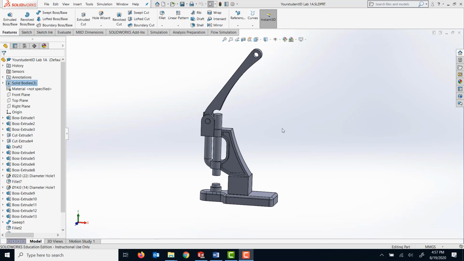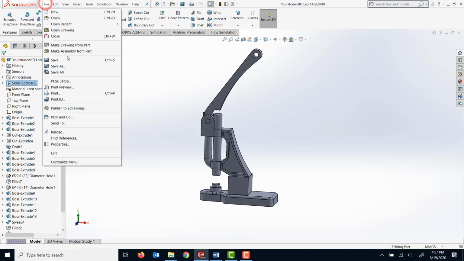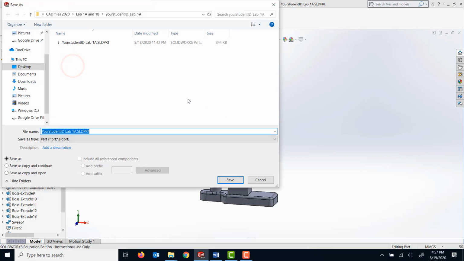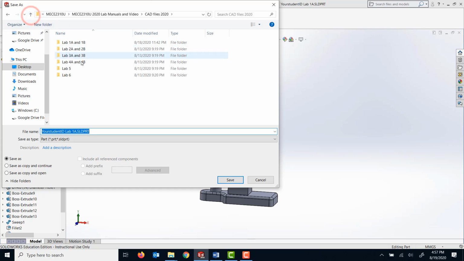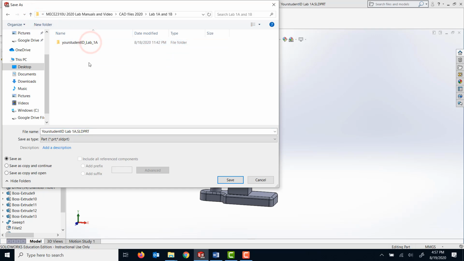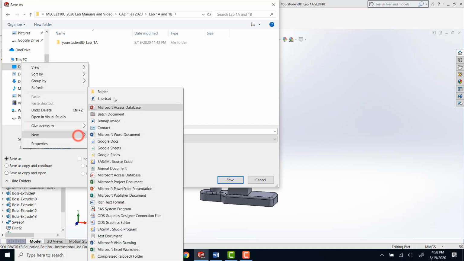To start this exercise, please open up your Lab 1A hand press that you created in your first week for the labs. Please go and save this file as, and please save it in a folder for Lab 1B. So I'm just basically going to create a folder there. So I will save this file